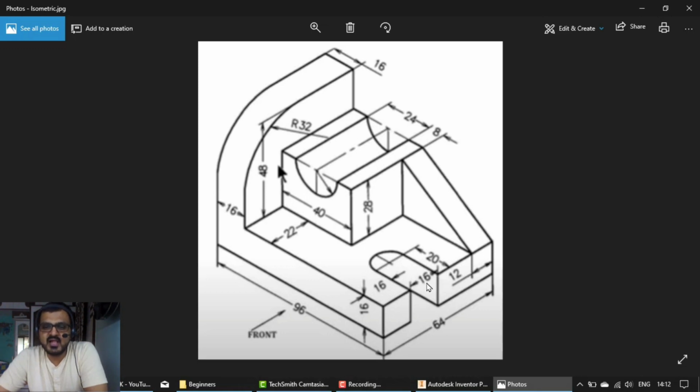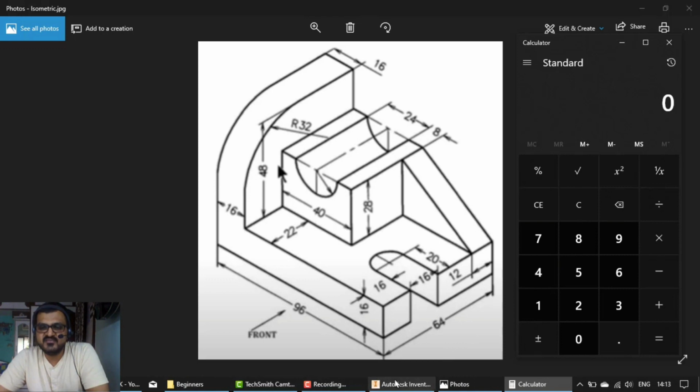So what I'll be doing some calculations, like what is the length of this rectangle, only this part from this point to this point. 64 minus 12, and that is 52. So 52, there is again a gap of 16.